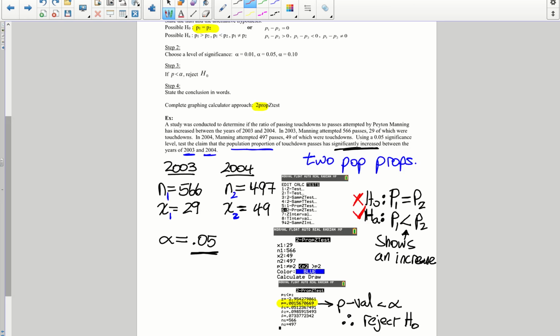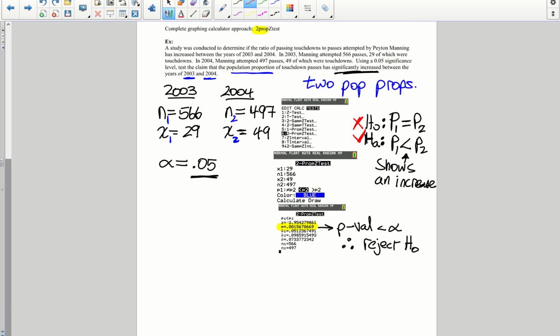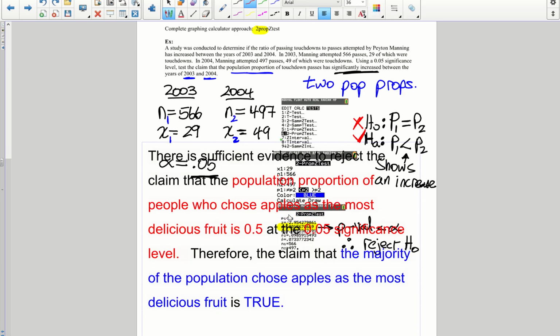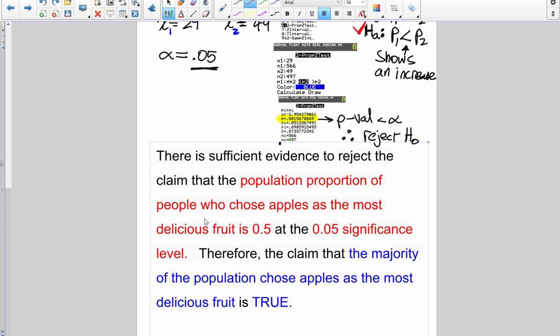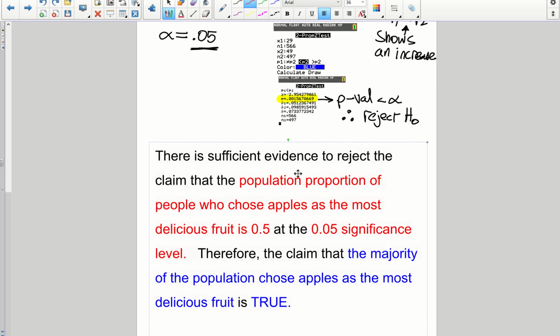So now what I need to do is just write that conclusion, and I don't feel like I've pasted anything in a while, so I'm going to give it a go. Oh yeah, look at that. So we're just going to annotate this. The first line is going to be all the black stuff exactly the same, because we are rejecting the null. I don't even have to adjust that. There is sufficient evidence to reject the claim that the